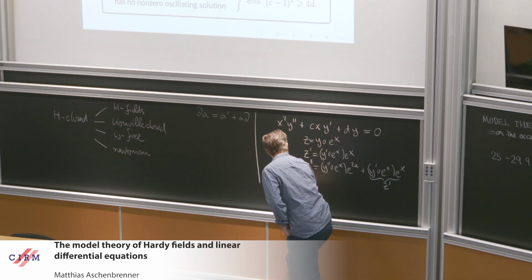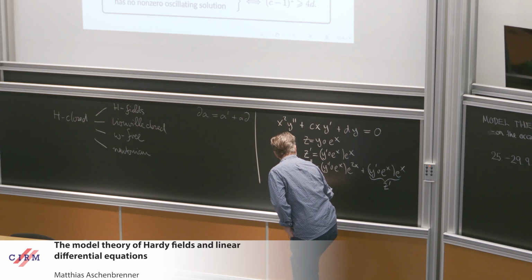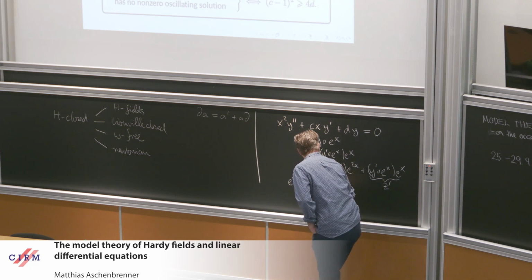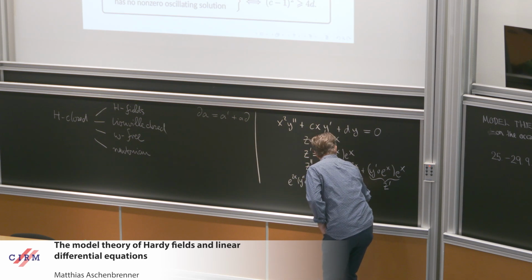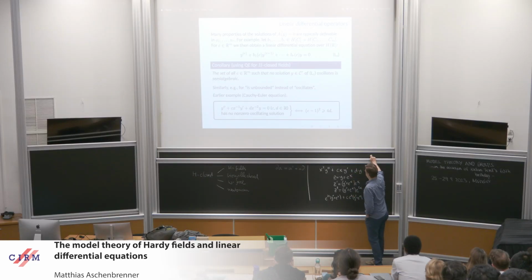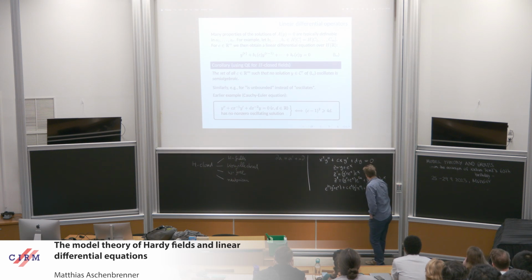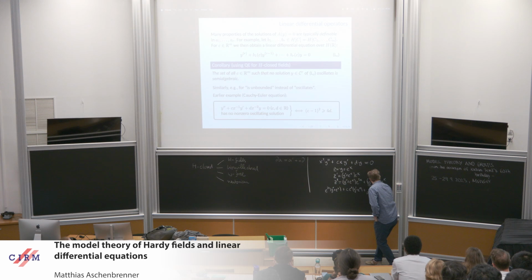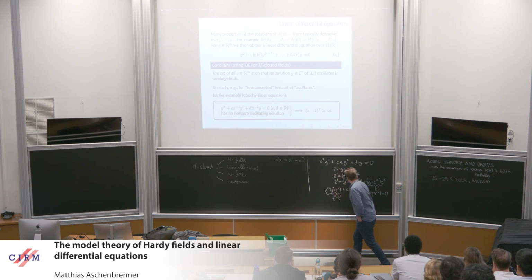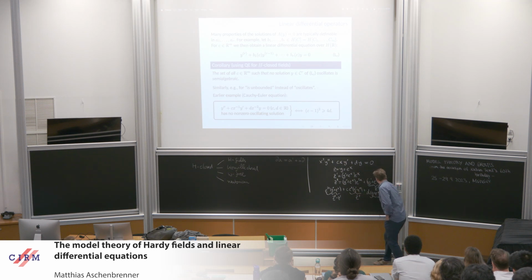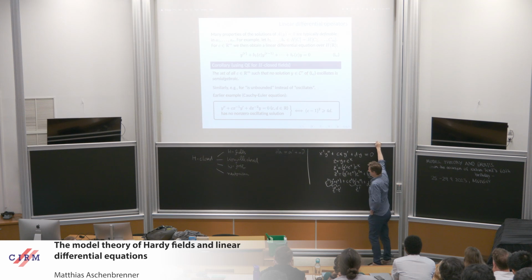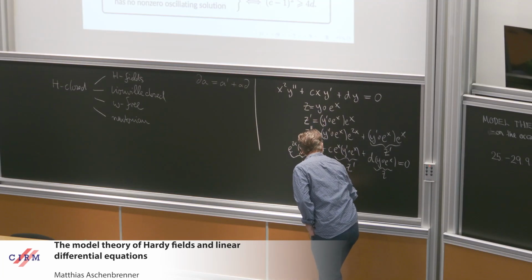So you get e to the 2x y double prime composed with e to the x plus c times e to the x y prime composed with e to the x plus d times y composed with e to the x equals 0. So this whole thing here is z double prime minus z prime, and this here is z prime, and this is z. So you now end up with the equation z double prime plus (c minus 1)